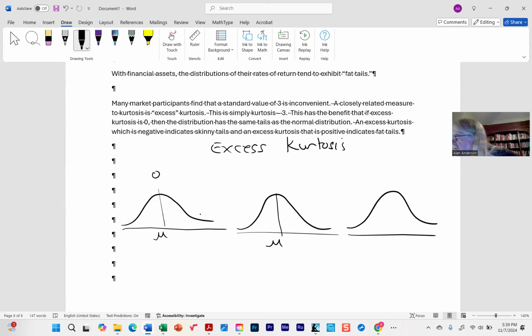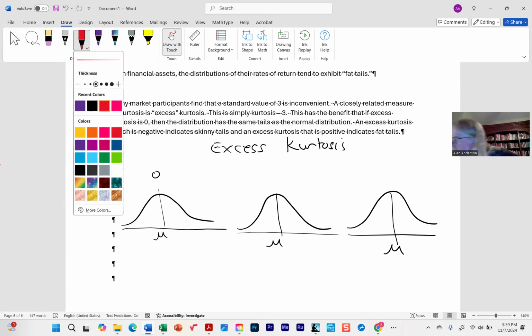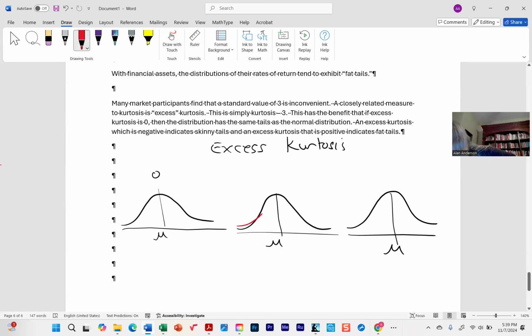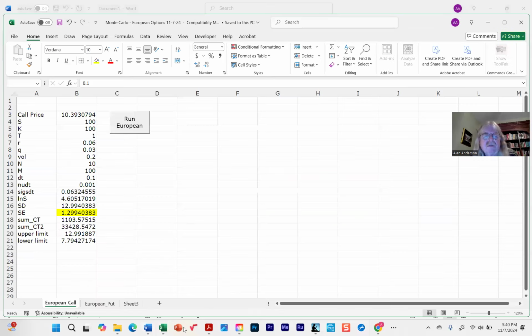Let me just quickly sketch these in again. So red we used before for fat tails. And then we use purple for skinny tails. All right, now we can see them all side by side. Now, what I'm going to show you is something very interesting here. If we go into Excel,